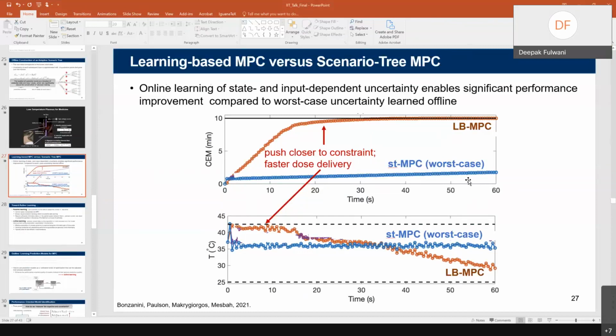In the case of learning, I can't say with guarantee that my algorithm will converge to the true value of uncertainty. While in the case of deterministic approaches like unknown input observers, I can precisely say that my observer error will go to 0 as time goes to infinity, and then I can say that I am observing that unknown input. So if I use this combination of an unknown input observer, meaning I observe uncertainty through some deterministic approach, and a robust controller, then I can reduce the conservative control which otherwise results from overestimation or worst case estimation of uncertainty.